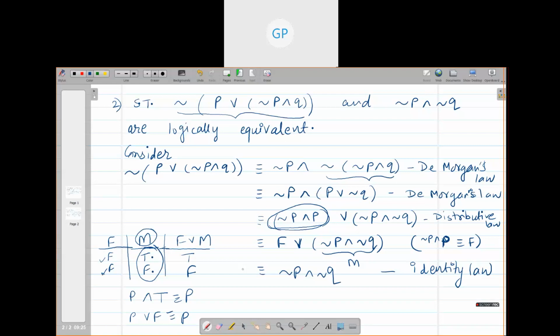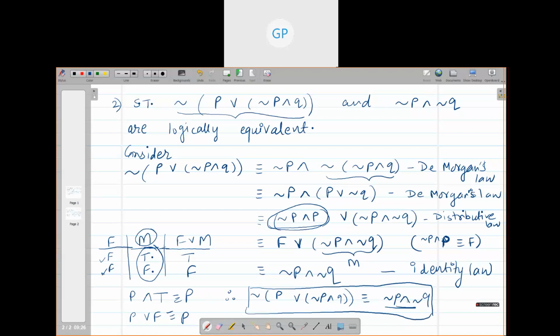Okay, girls? Finished writing? So conclude your answer. Therefore, negation P or (negation P and Q) is logically equivalent to negation P and negation Q. See, sometimes you require these kinds of simplifications. You will ask me what is the use of this. But see, instead of using such longer expressions, it is better you use smaller ones like this, right?